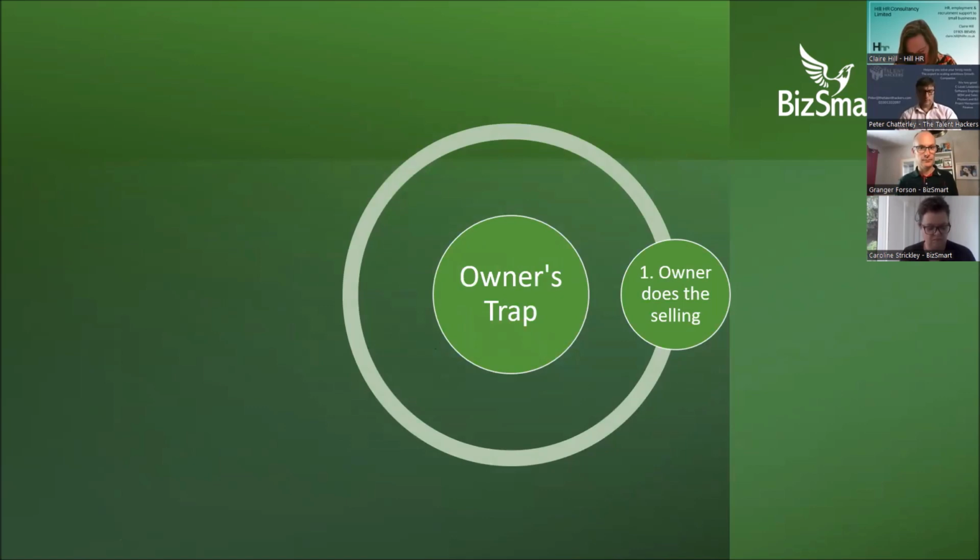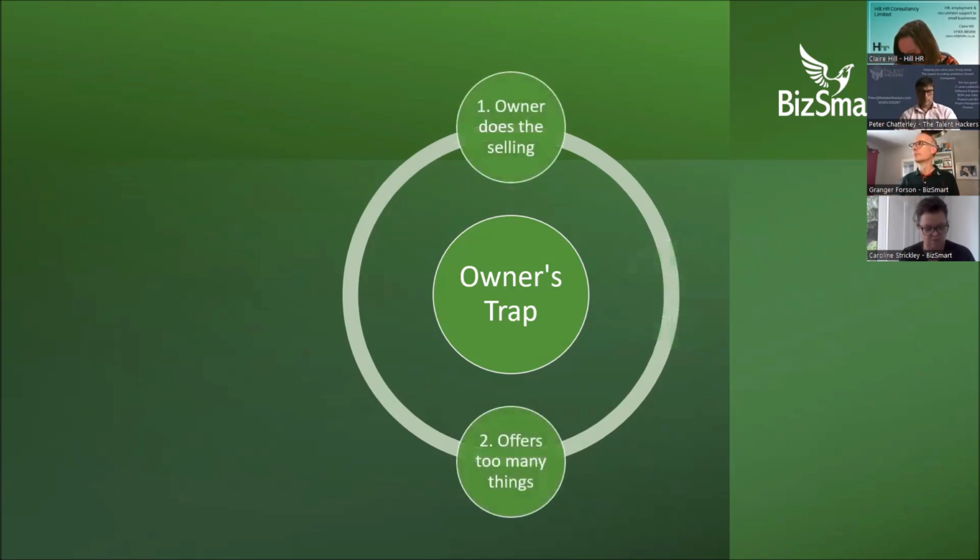And it's generally because when we start, even if we've got a couple of partners with us, we're the ones that do everything, including the selling. We've got the most industry knowledge and expertise. We start to work with a couple of clients, and because we're probably really good at what we do, they come to us, even if we've already developed a small team. And because we want to please our customers, when they ask whether we can do other things as well, we start to say yes, and we broaden the range of services and products maybe that we're offering